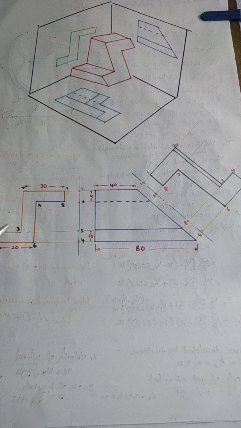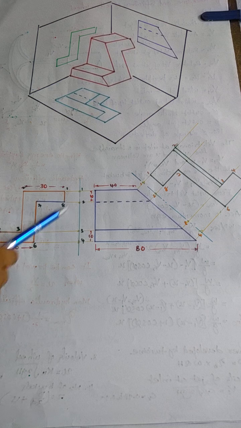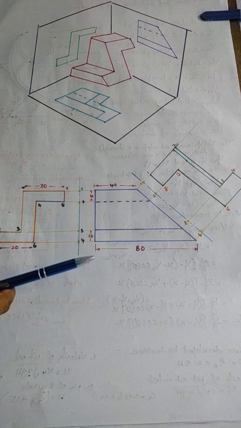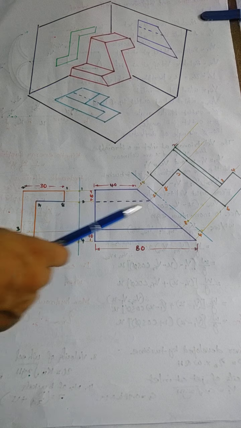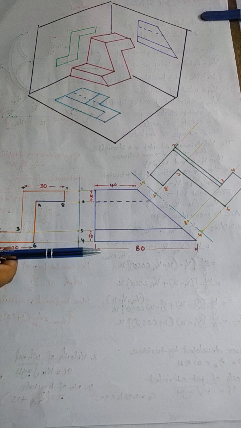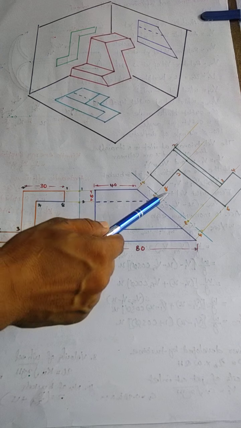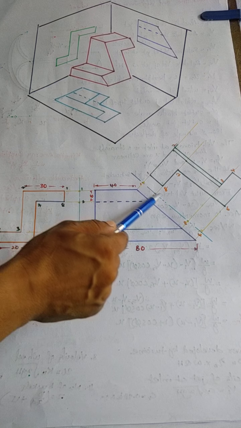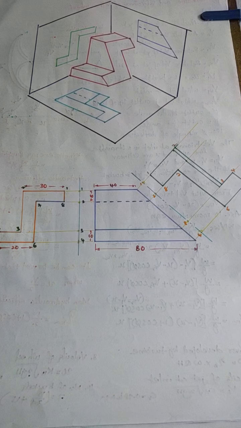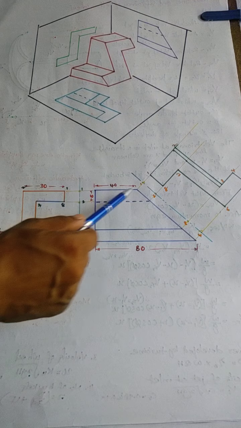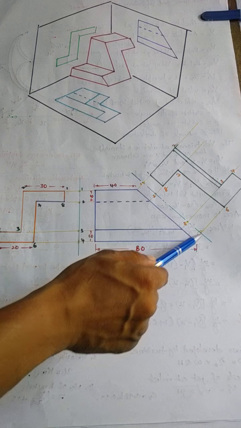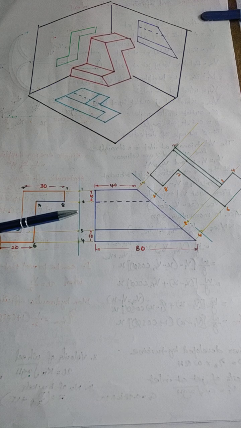And this is not the true size of the given object, so we have to make it into true sizes or true shapes. For that you need to draw one more imaginary plane, that is the auxiliary inclined plane, so that you can draw the true sizes on that plane. So just draw the auxiliary axis line, which is parallel to the inclined line. We are drawing the auxiliary axis line x1, y1, and these are the reference points from where we have to measure the values.